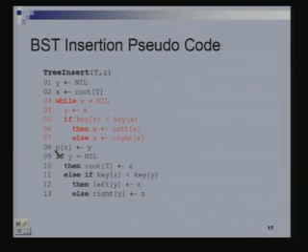Now we have to change the left or right child of y. So y is going to be the parent of the new node we are inserting. So parent pointer of z. Recall that the nodes also have a left child and right child and a parent. So parent of z gets the value y. And depending upon whether the key of z is less than the key of y or more than the key of y, if key of z is less than the key of y, then the left child of y becomes z, and if key of z is more than the key of y, then the right child of y becomes z. That is all you have to do.